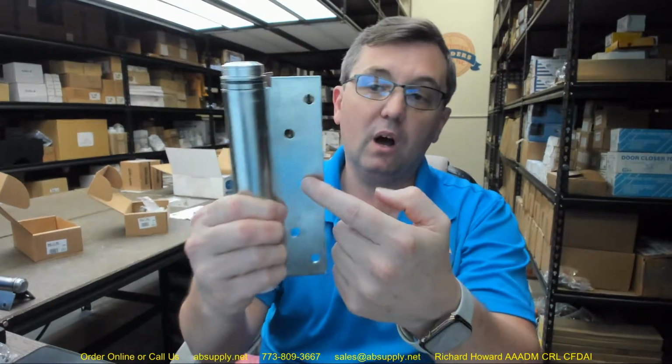A spring hinge is not an elegant way to close a door, but there are times when it's the only way you're going to close the door you're working on. 2 hinges are going to handle a 130-pound door. 3 hinges will handle 175 pounds. 2 hinges maximum width is 3'6". 3 hinges maximum width is 4 foot. So automatically you're handling practically every door you'll bump into with just 2 hinges,